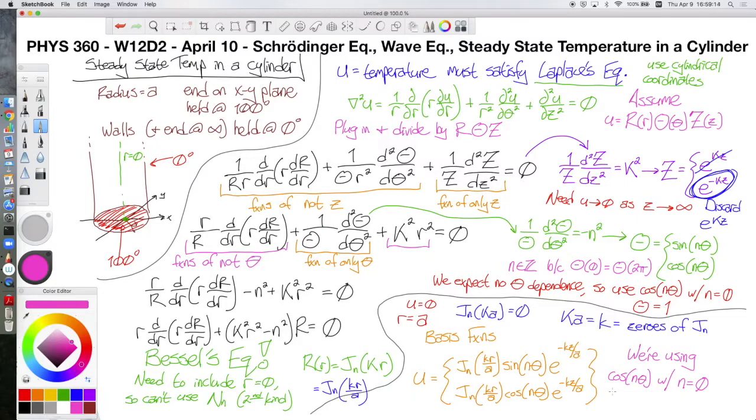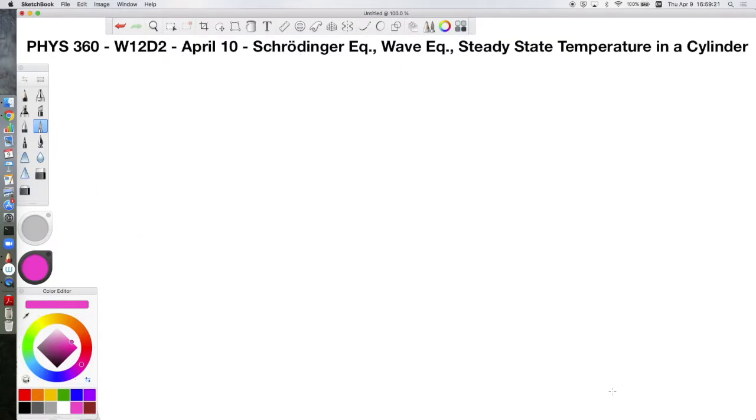So now some complicated math is going to happen, and I am going to need an entire other page for this. Since we're using n equals 0 for our problem, so that we don't get any theta dependence here, we are going to be using J naught as our Bessel function. So this means our basis functions are the following,